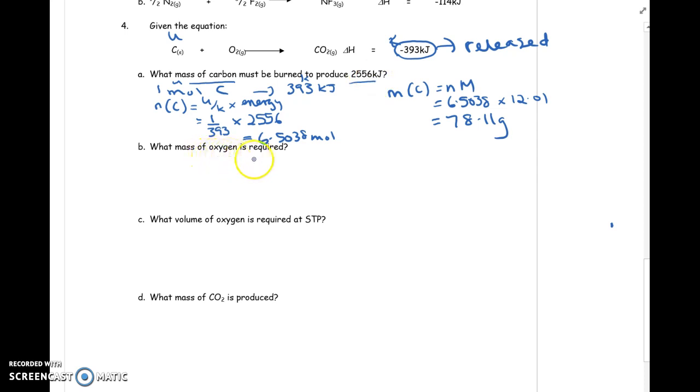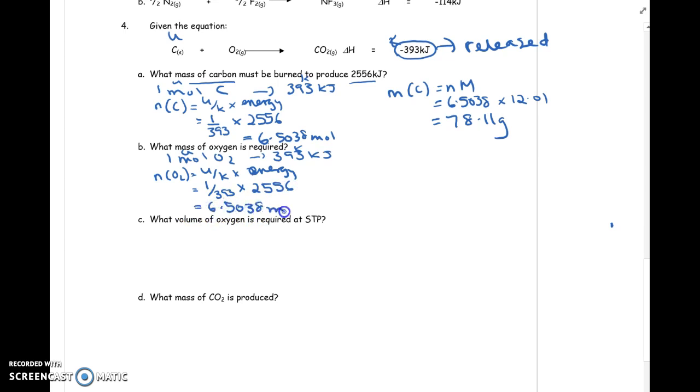It says, what mass of oxygen is required? So from this equation you can see that 1 mole of oxygen releases 393 kilojoules. So this is our unknown and this is our known. The number of moles of oxygen will equal unknown over known times the energy that we know about. So it's going to be equal to 1 over 393 times 2,556. This will come out to, once again,